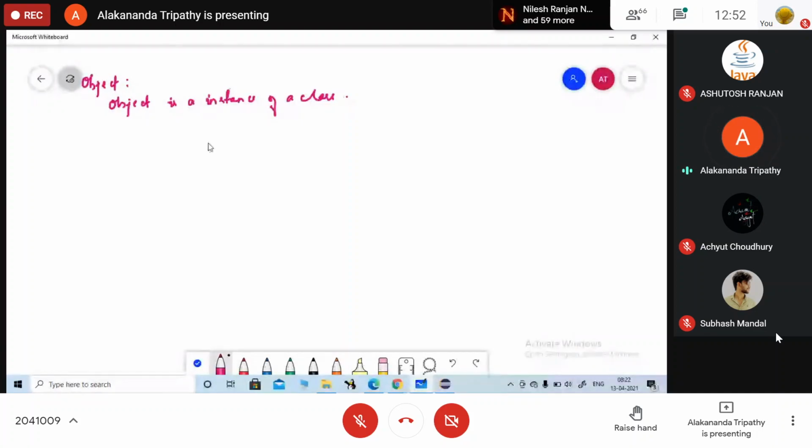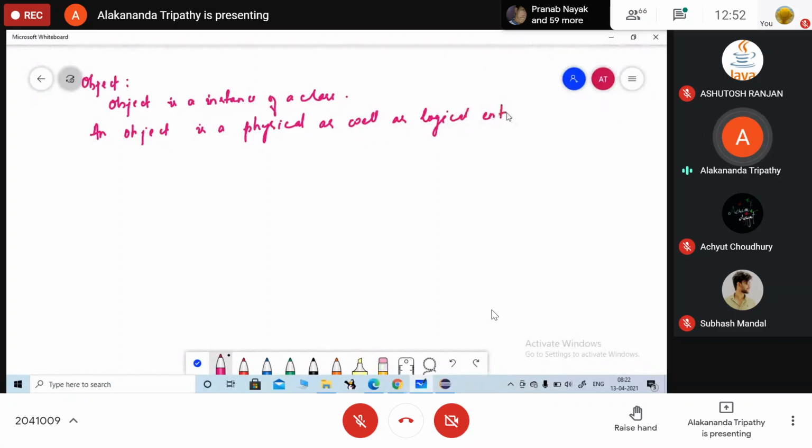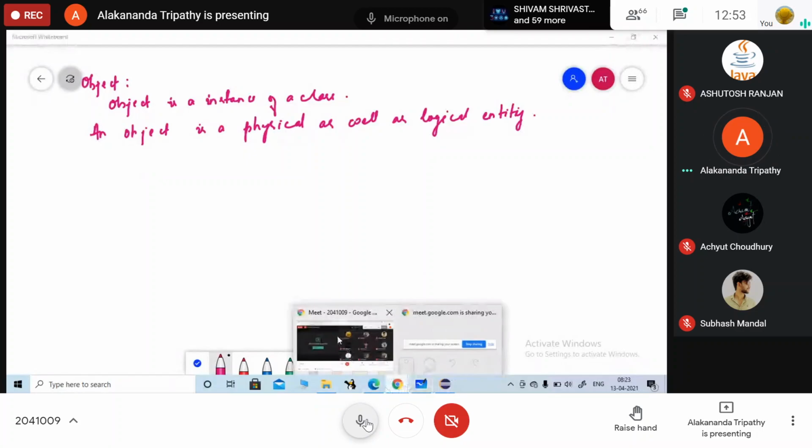And more precisely, can I say it? An object is a physical as well as logical entity. You can call an object a physical and a logical entity. Are you there? What is the meaning of instance here?